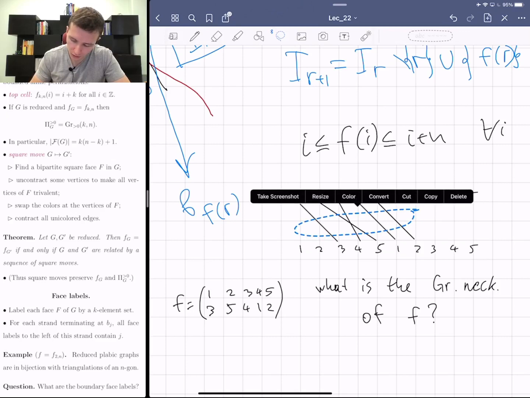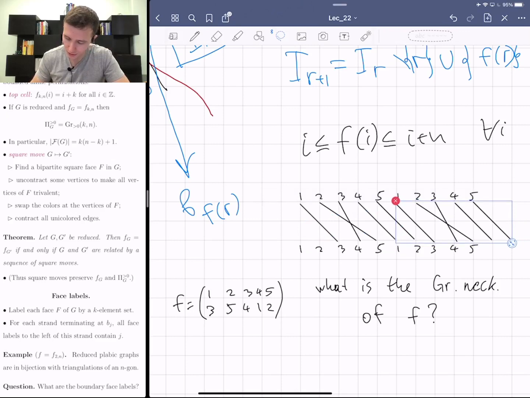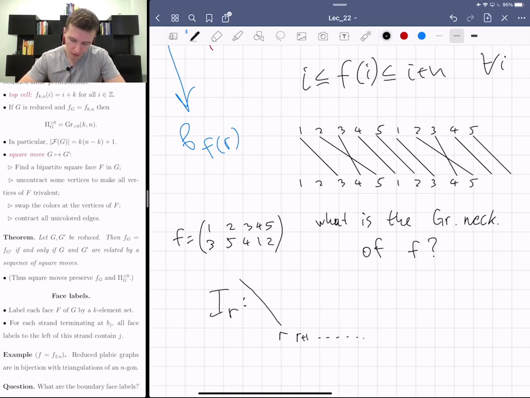Let me even duplicate it. All right. So what is the rule? And the rule is very simple. To determine I_r, what to do is you look at the indices r, r plus 1, etc. in your bounded affine permutation. So your bounded affine permutation kind of looks like this. You draw a vertical line which separates r from r minus 1. And then you just look at all the indices which